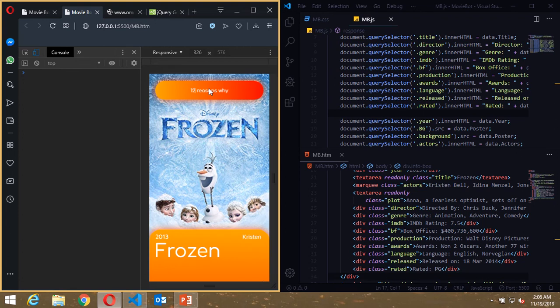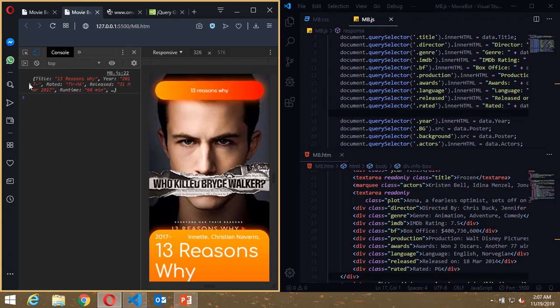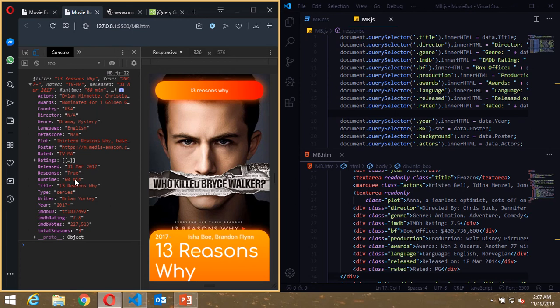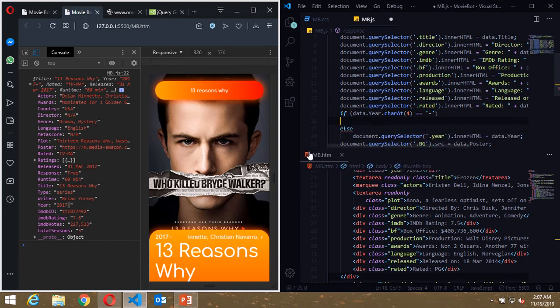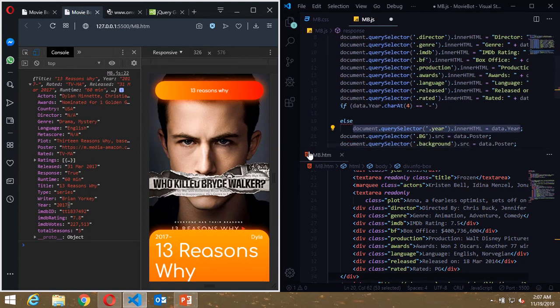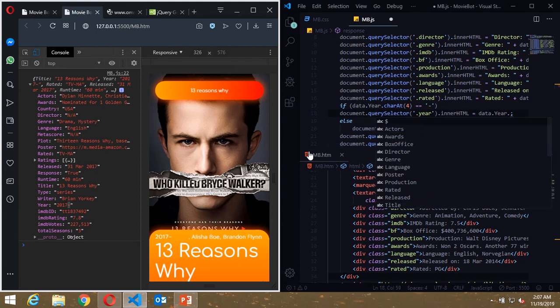Alright, get back here. 13 reasons why. And you see, I tried my best, but the problem was that without this dash, this is the only dash that you kind of have to use, because it's the magic of JavaScript. Like this dash would only work, but the others won't work at all, literally. So I gotta put this in, or else it would be printing the normal thing, that is this. And if it has this dash, then it's going to print something else, that is going to be till